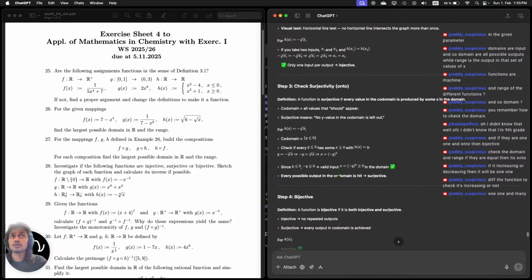Valid input. The exponent is an even number, so even if you put a negative value, it's going to come up with a positive in the given parameter. Okay, every possible outcome in the codomain is hit. How is that proving that every